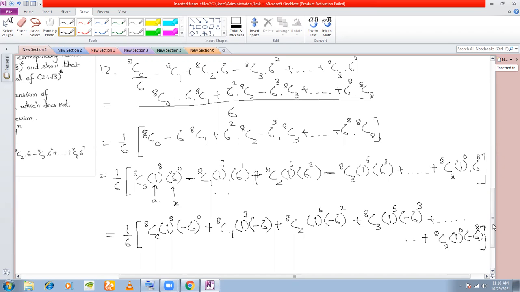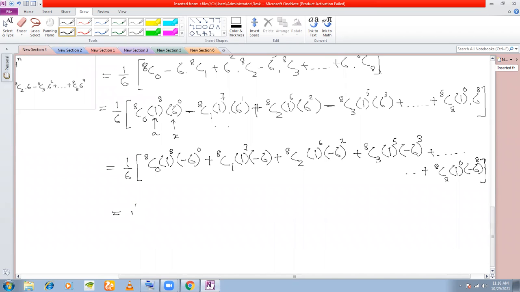Okay. Now can you tell me which one is A and which one is X? What is the value of A and what is the value of X? Just by looking at it, can you tell me? A is 1, X is minus 6. Exactly. So A minus X to the power of 8. Okay. So this is 1/6 of minus 5 to the power of 8, and minus 5 is raised to an even power. So this simply becomes 5 to the power of 8 by 6. And that's your answer. Clear with this sum? Yes, sir.